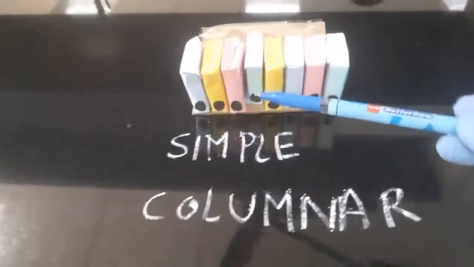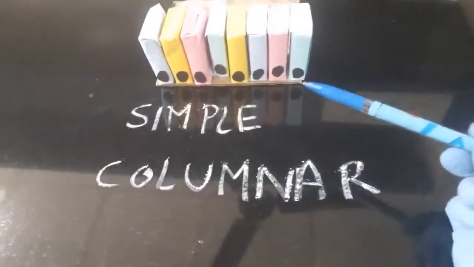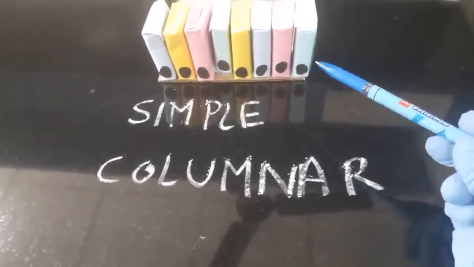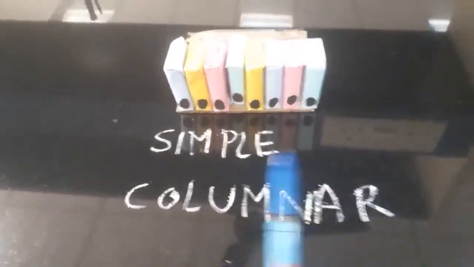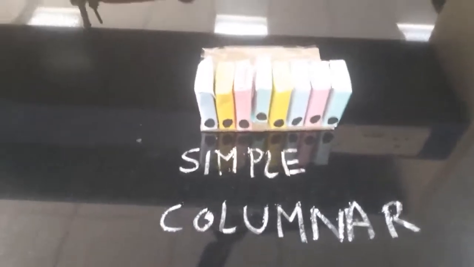Now coming to simple columnar type. Here the cells are tall, and the nucleus is oval, and it lies at the base in its lower one third, and it is single layered. So simple columnar, and it is found in the